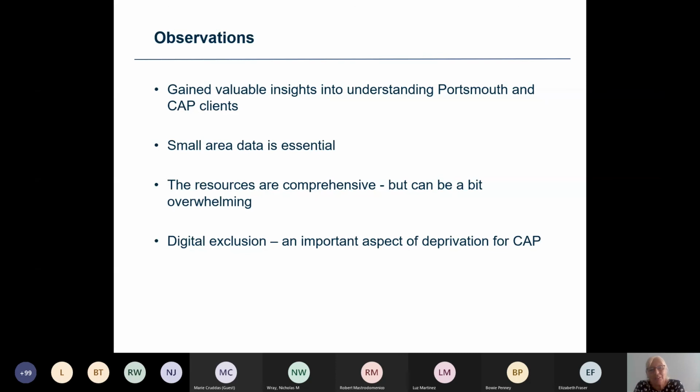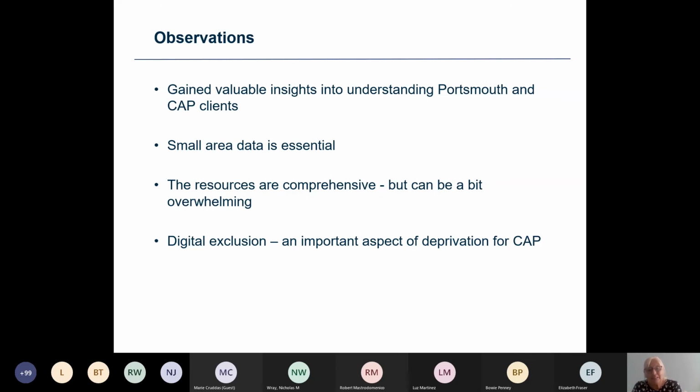And to start off, we'd just like to say that at Citizens Advice Portsmouth, we're very, very grateful to the RSS for the Statistics in Society programme and for the offer of pro bono resource, because obviously, as an independent charity, our funding is very restricted. It came just at the right time for us because we were planning a client needs survey to support a large tendering exercise. So to get the resource at exactly the right time to give us the insights that we need was a fantastic opportunity for us.